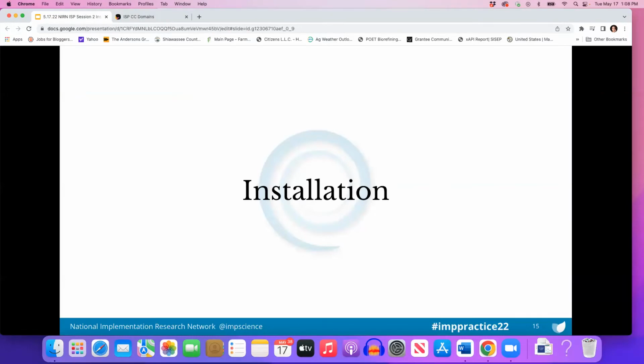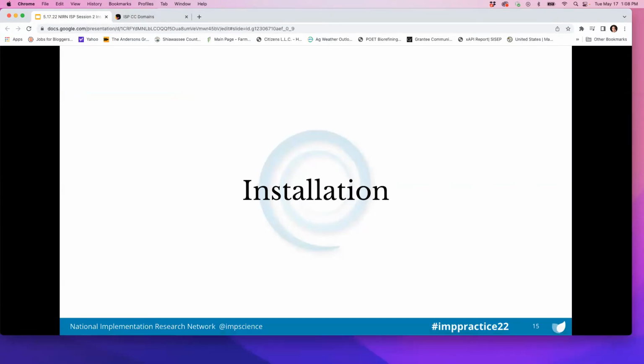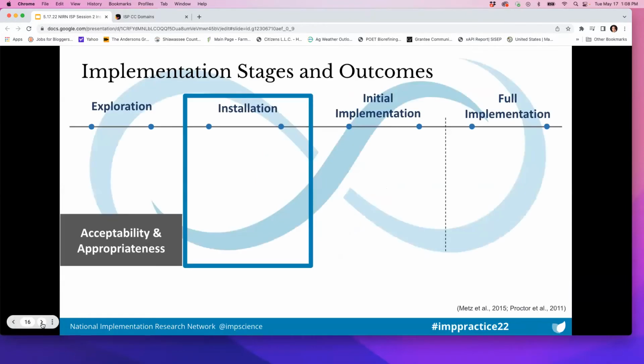So with that, we're going to move to installation, our second phase that we are working through as implementation support practitioners. So we're here at installation, one of the 4 phases of implementation. Last time we played around with exploration, right? How do we figure out what it is exactly that we need?